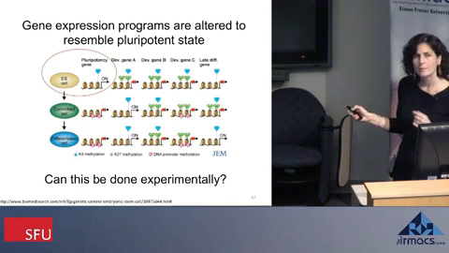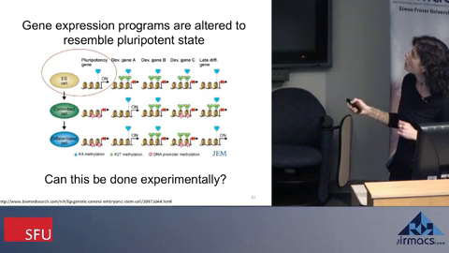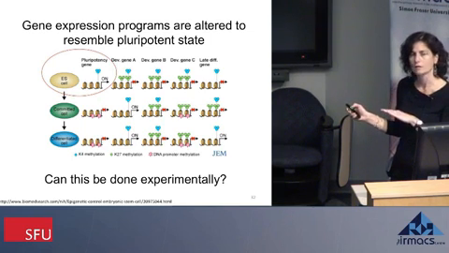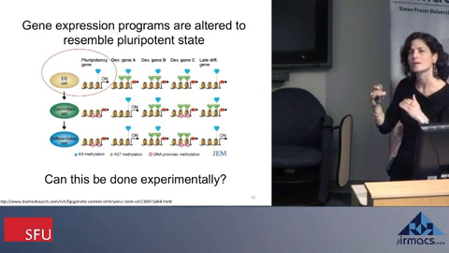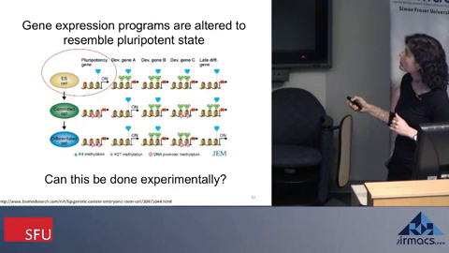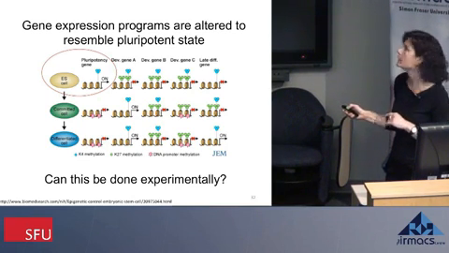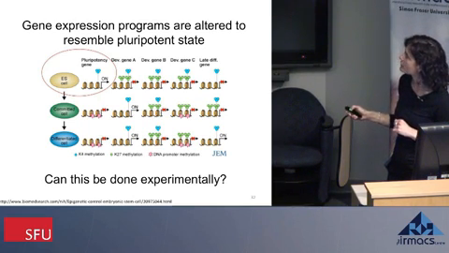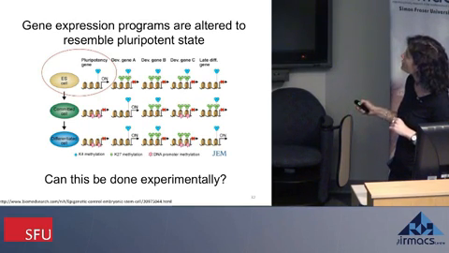So when you look at an embryonic stem cell, you've only got this pluripotency gene on, and all these other genes are turned off. And as these cells start committing and going into more differentiated state, this pluripotency gene is now off, and other genes are starting to be turned on. And as it gets to the most differentiated state, you might have a few genes on